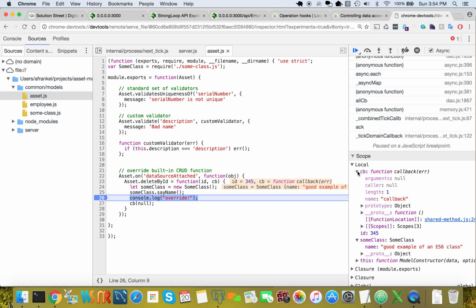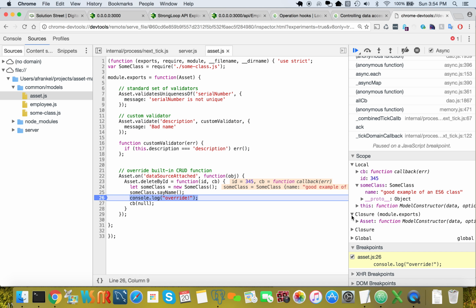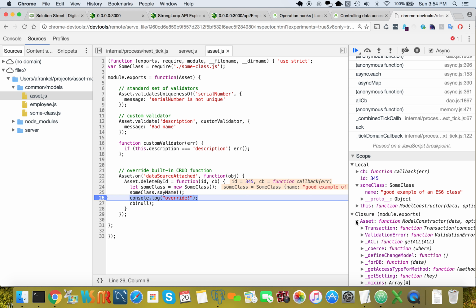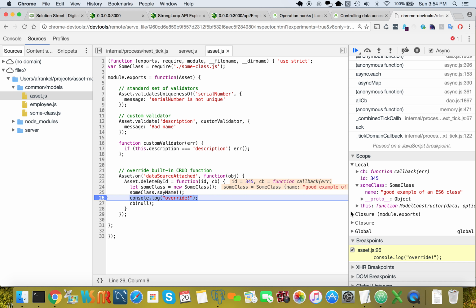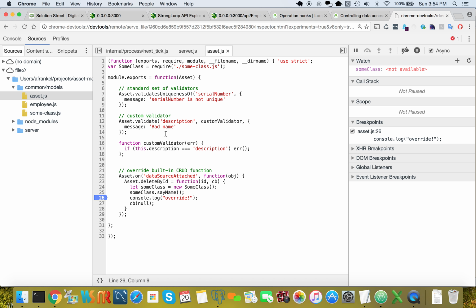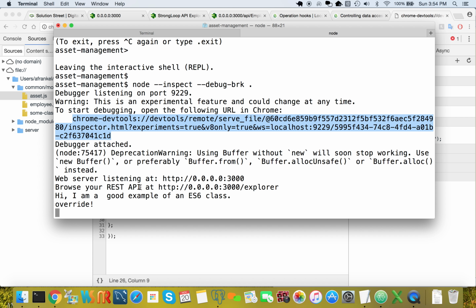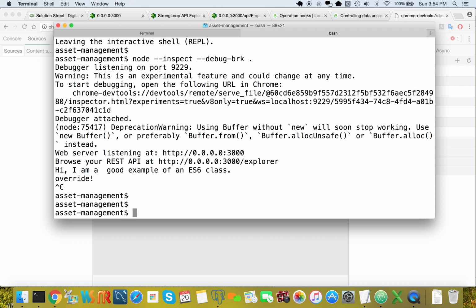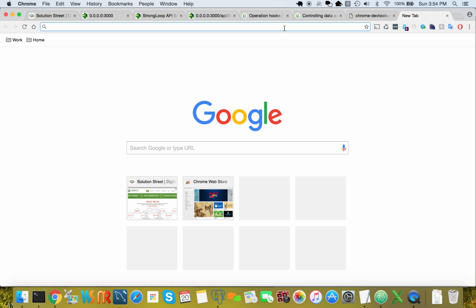I have access to the callback here, and my actual asset model constructor. So I have access to a lot of things, which is very good. Even more than this, I wanted something similar to like a Rails console. So I did find there is a tool, and this, if we go to